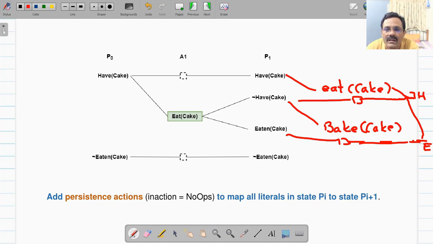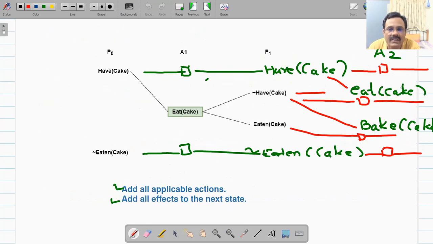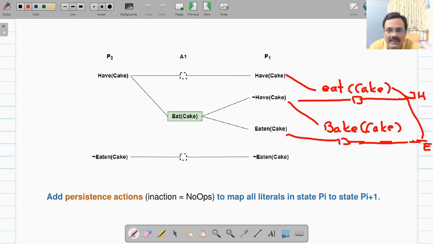Okay. Now for bake cake the precondition was not have cake, and the effect will be have cake. Effect is have cake. So you are adding a link. You will be adding a link here to have cake here.